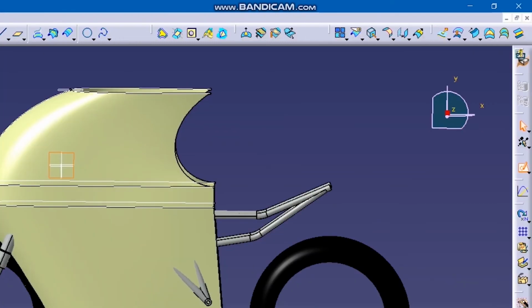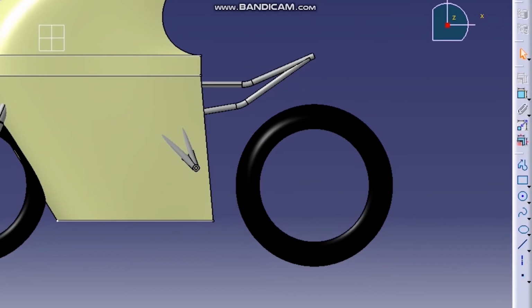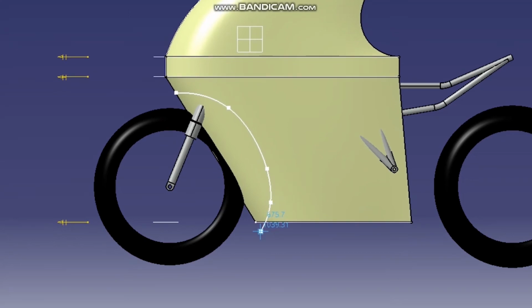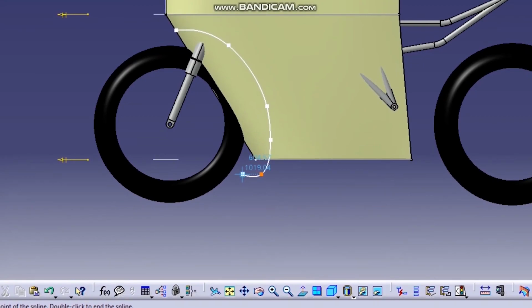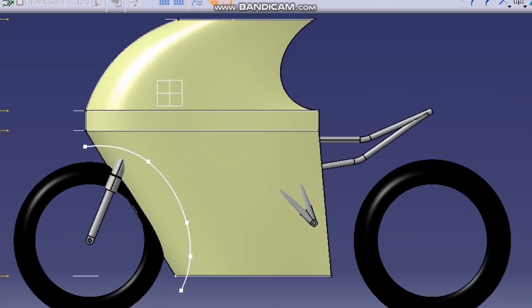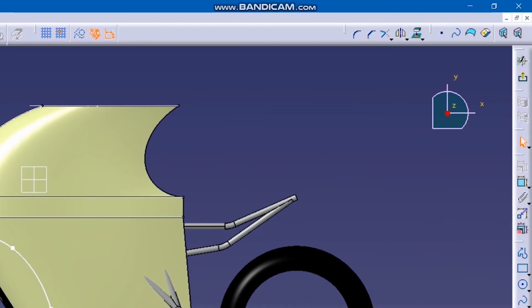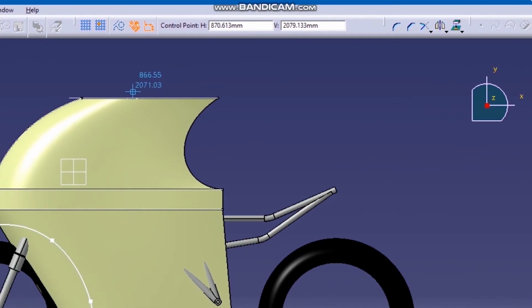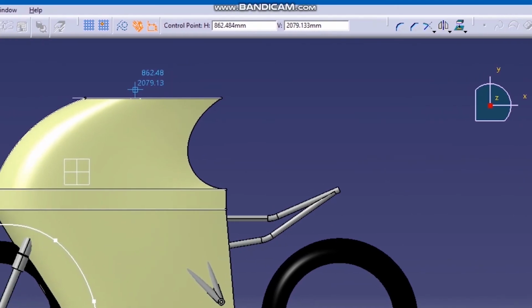So to draw the splitting line, first I'll go to that plane, sketch, and the front part first, the space for the radiator. Make sure it comes out a little bit more. And for the top part,